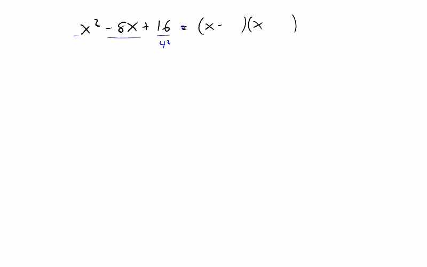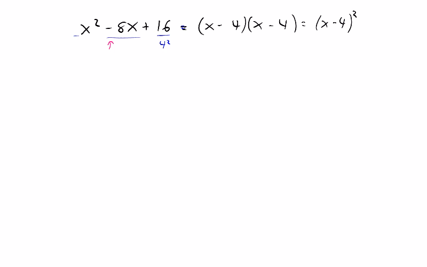It has to be minus 4 times minus 4. The reason that we know it's minus 4 is because when we multiply through the middle terms, we have to get negative 8x. And so we couldn't have x plus 4 times x plus 4 because that would give us a positive middle term. We can rewrite this as the perfect square